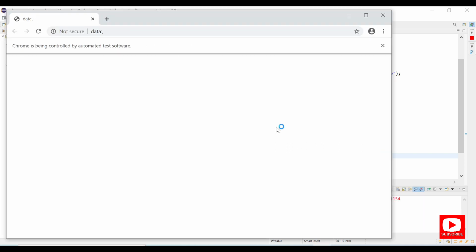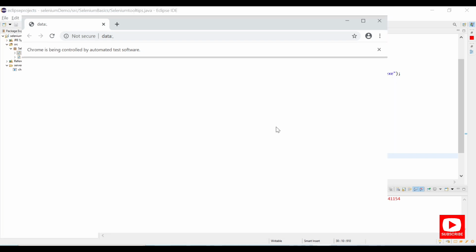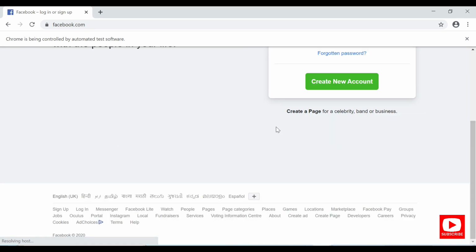So it has launched the browser and is opening the web URL, and here if you see, it has done a mouse over on the sign up, and it is giving us a tooltip message called sign up for Facebook. So this is how we can perform automation on these tooltips.